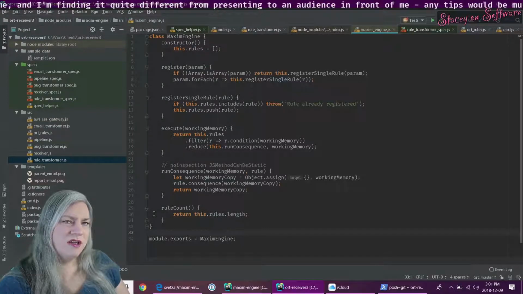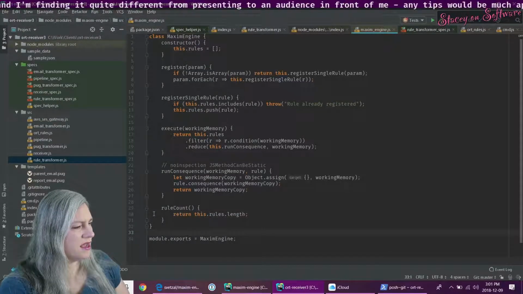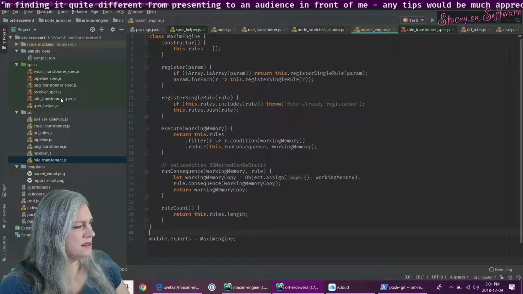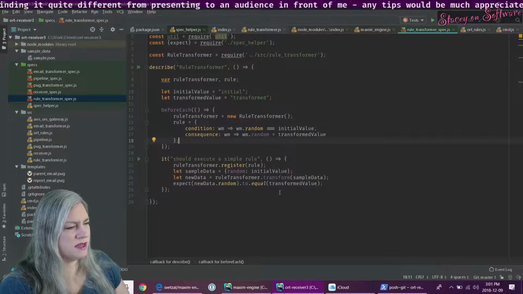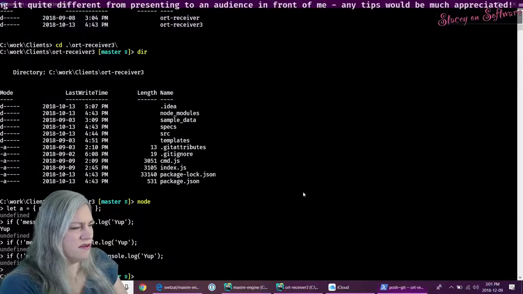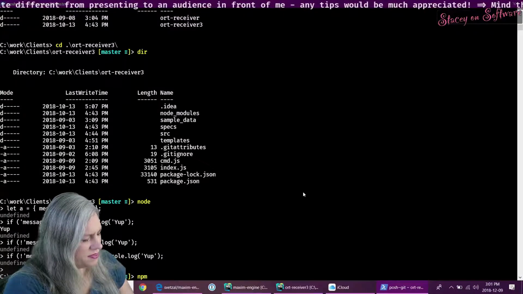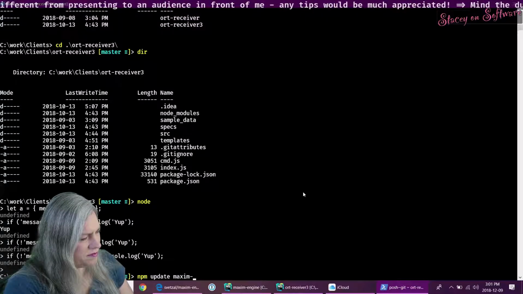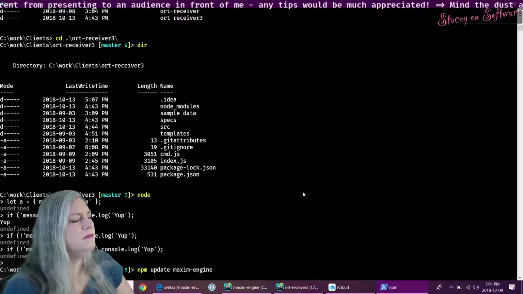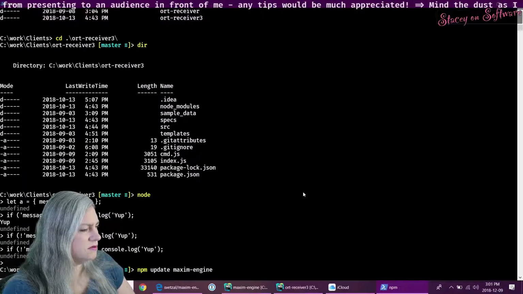So let's try a thing. Let's try have a spec around rules so that it's still testing that it ran the rules. If I try an npm update Maxim-Engine, that ought to